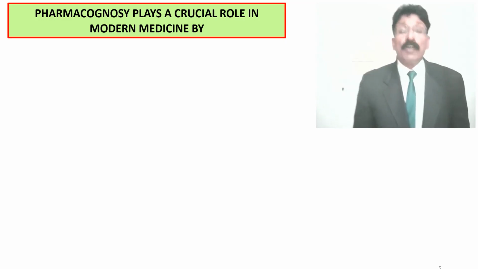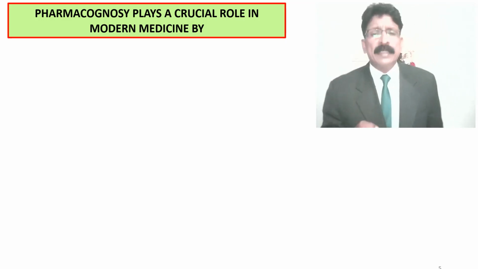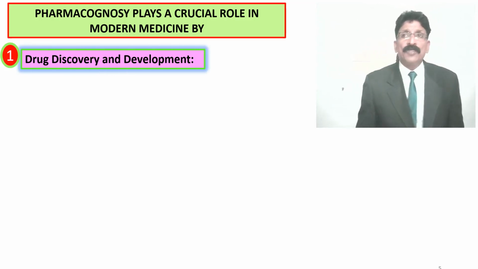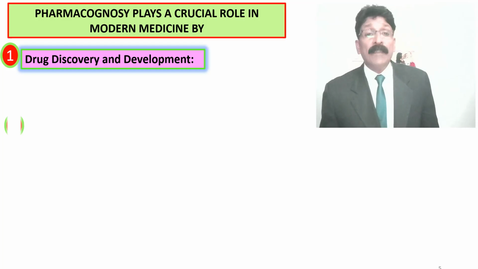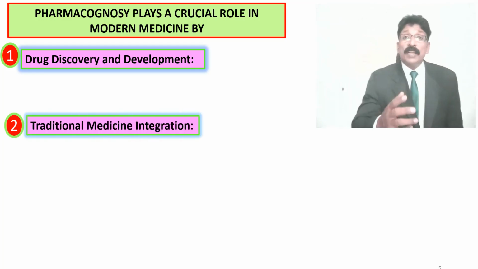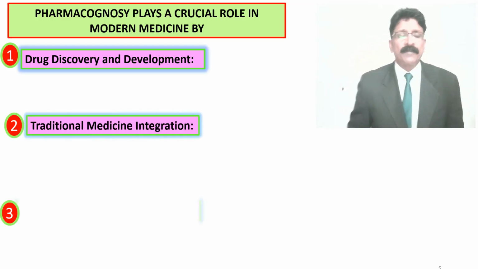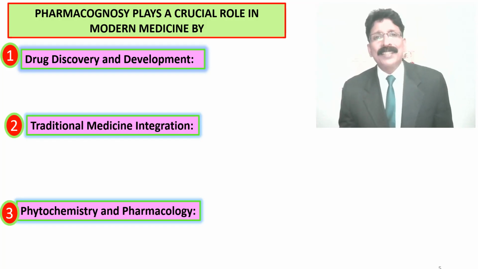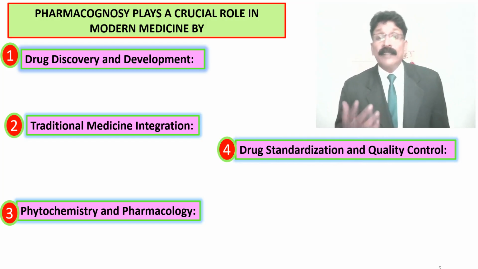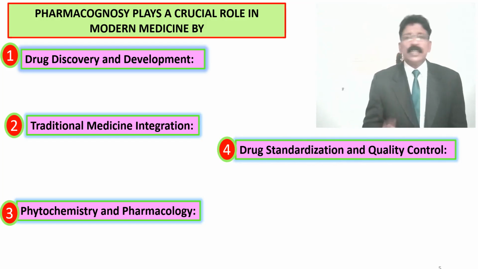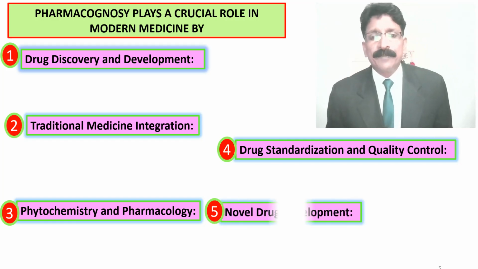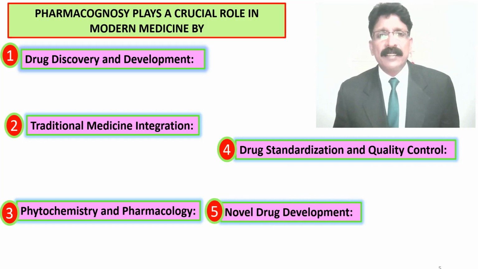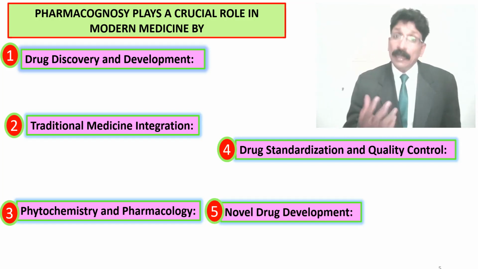So pharmacognosy plays a crucial role in modern medicine, especially in some points. Pharmacognosy gives drug discovery and development, and it gives traditional medicine integration with modern medicine. It gives phytochemistry and pharmacology details in modern medicine, and drug standardization and quality control can be provided by pharmacognosy, and novel drug development of new drugs from natural sources, and even the basic